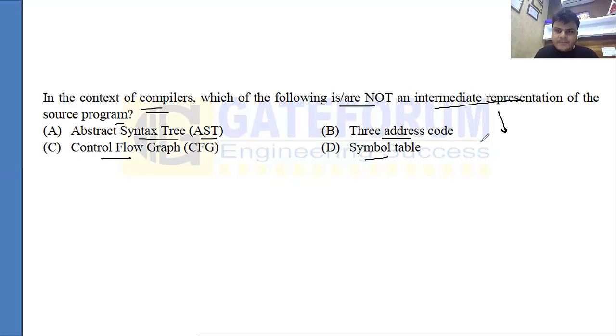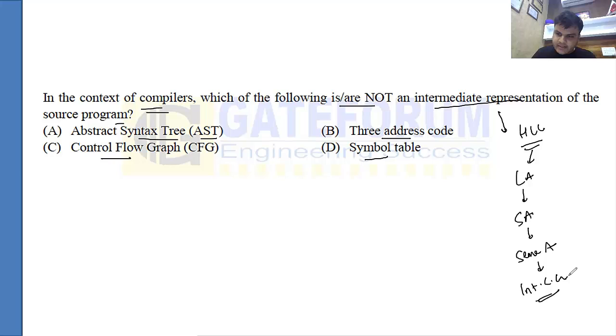So guys, basically for any high level language program, the phases are lexical analysis phase, and after that we have syntax analysis phase, after that we have semantic analysis phase, and then we have intermediate code generation phase, ICG. So for any high level language, the lexical analysis phase